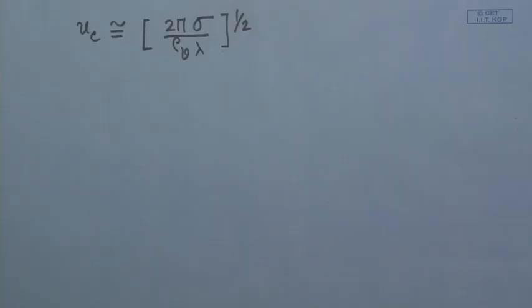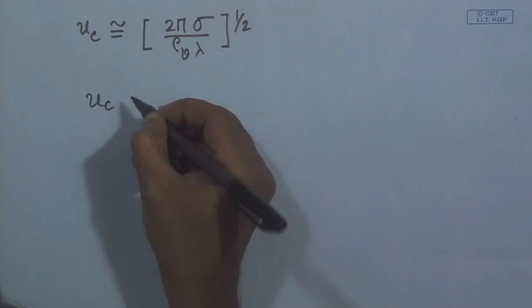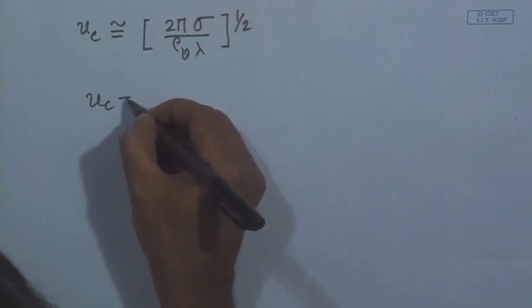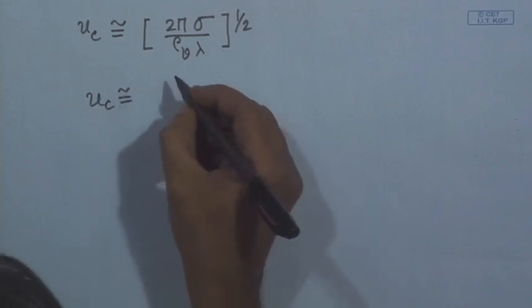Again, one can assume that the vapor velocity is much higher compared to the liquid velocity. So, from physical estimation, UC can be approximated as